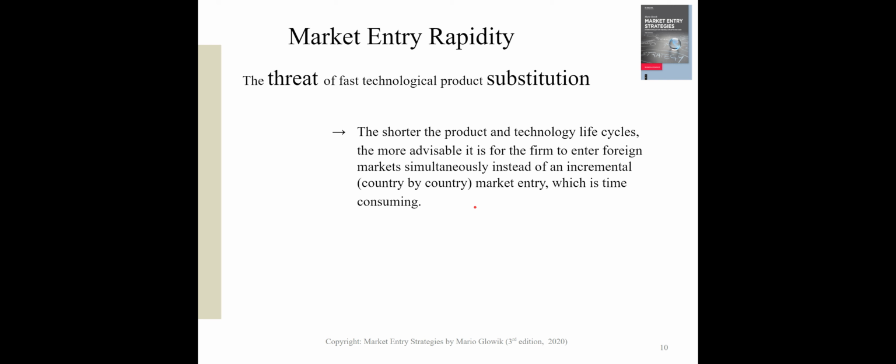If, however, we do business in industries which indicate a rather long product life cycle, such as a